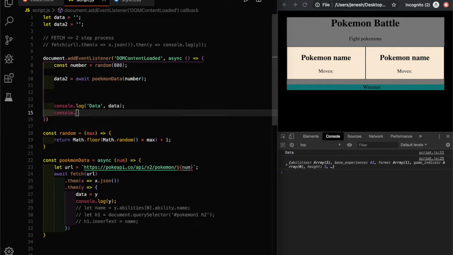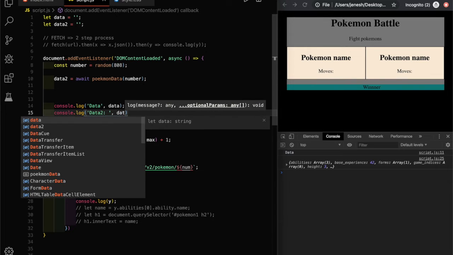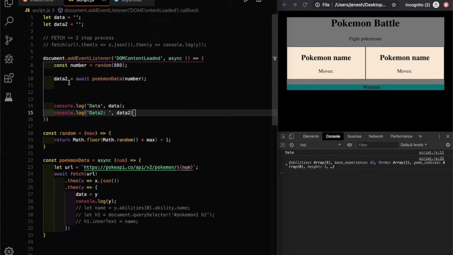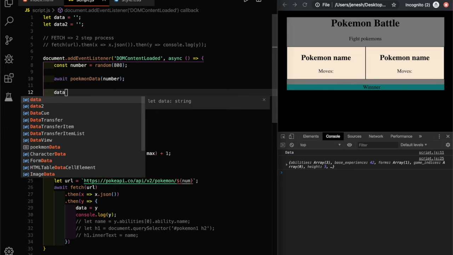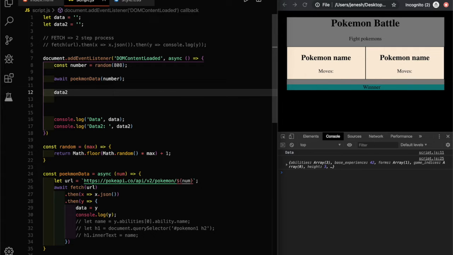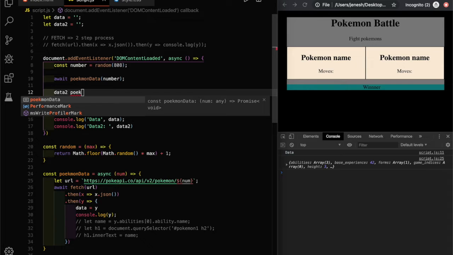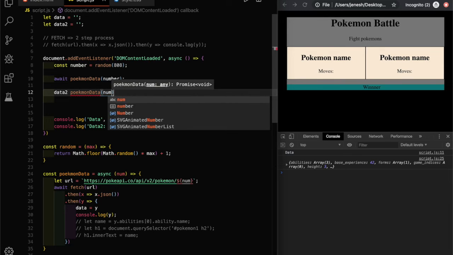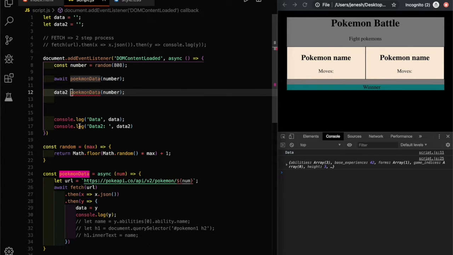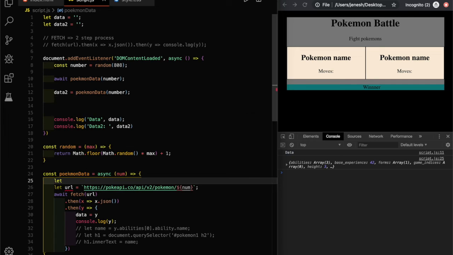Data 2, console log data 2. First we'll call that, and then we'll do a data 2 here. And then we'll do a Pokemon, how do I spell this? Pokemon data. We're going to pass in the same number, so we expect the same object. Poke data is equal to Pokemon data number 2, so it makes the call. Technically it doesn't return anything. So one way to fix that is to do a let response is equal to nothing